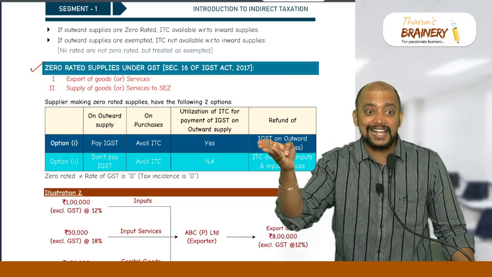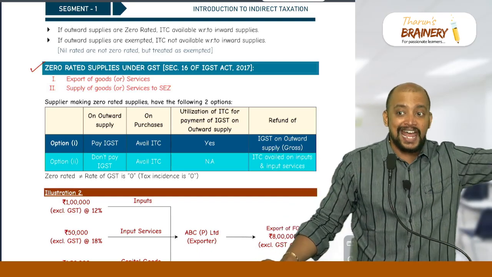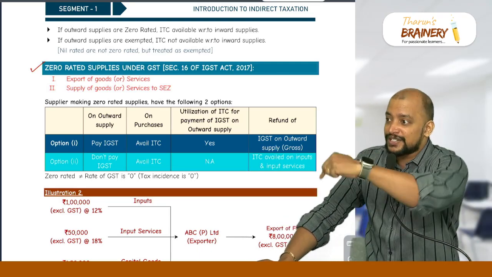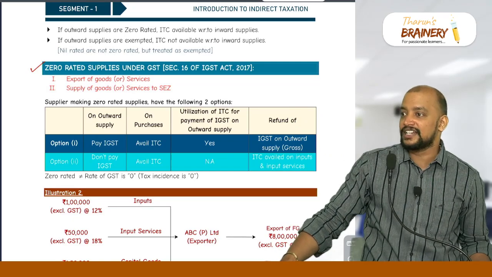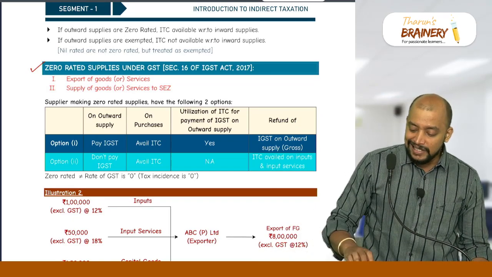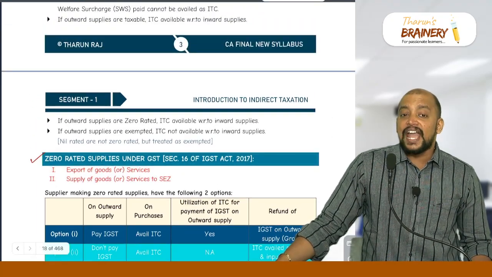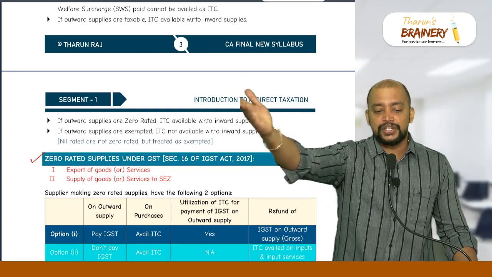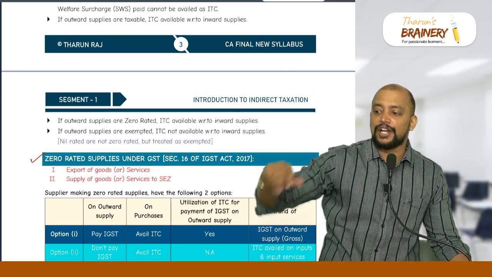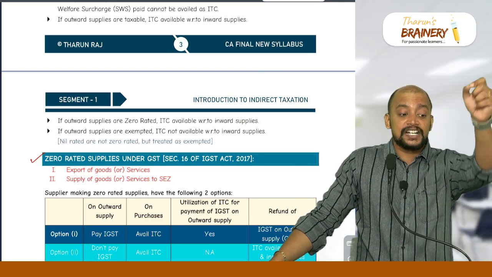The moment its character changes to 0 rated, whatever inward supplies I have, on those inward supplies used in this, I can enjoy the ITC. Are you getting this? Understood? So you just write down somewhere over there if you have the space. If exempted product, in the next page you have some space, there you write down. If exempted product or service is exported,